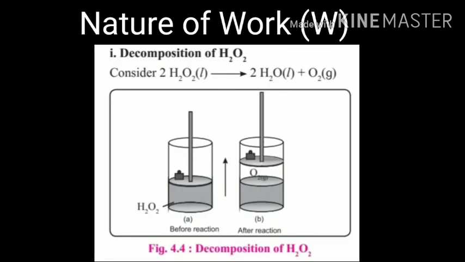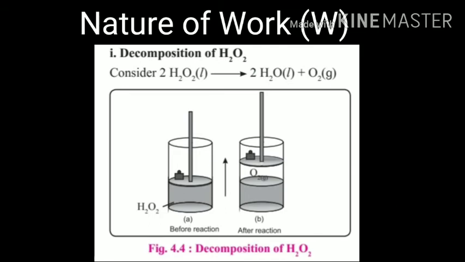Let us now study the pressure volume type of work done by considering two examples wherein two chemical reactions will be carried out in a cylinder enclosed with a movable piston, and also mass will be kept on the outer surface of the piston. First, we are considering the decomposition of H2O2. H2O2 is the molecular formula of hydrogen peroxide. So this hydrogen peroxide is going to decompose to give us water and oxygen. Initially the hydrogen peroxide is in liquid state. After decomposition it gives water, which is in liquid state, and it liberates oxygen, which is in gaseous state.